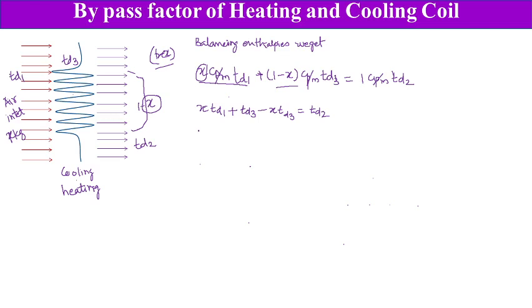So what is going to remain here? x TD1 minus x TD3, which is equal to TD2 minus TD3, whereas x is taken common here, x into TD1 minus TD3, which is equal to TD2 minus TD3,